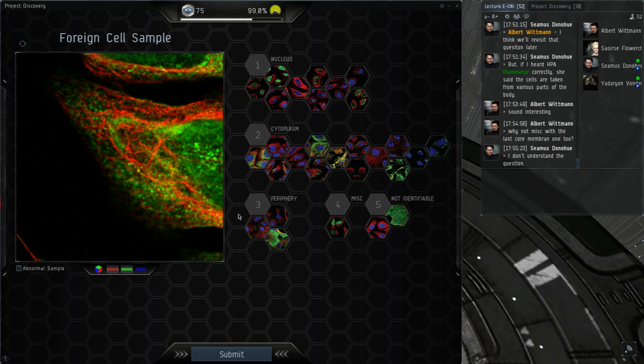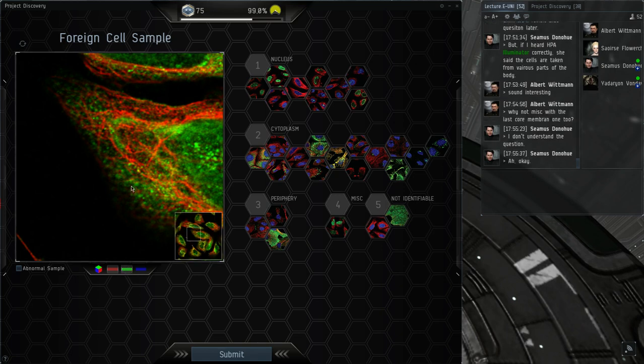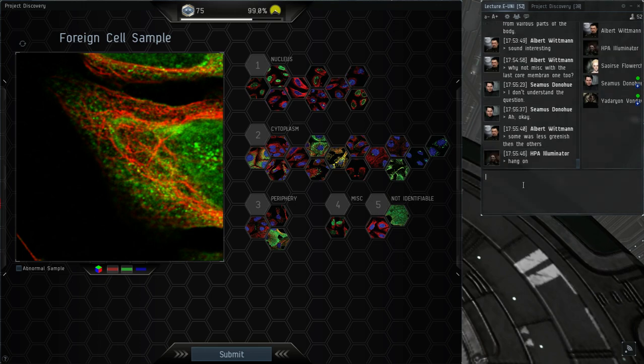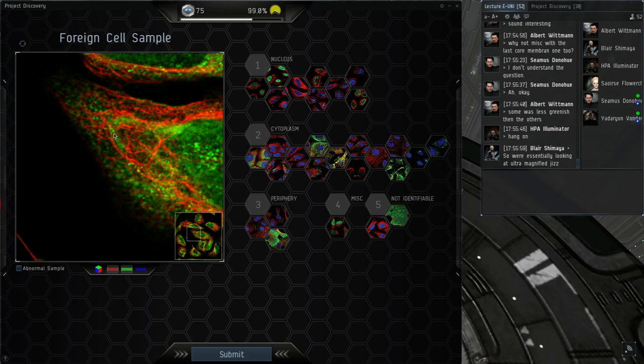And to answer Albert's question of why I didn't go for cell-to-cell variation with the former sample of the nuclear membrane, I would say that I didn't do that because the cells in the upper part of the image were a lot stronger for the nuclear membrane compared to the lower part of the image. So I think that when we imaged it, the focus wasn't perfectly aligned all over the part of the well that we did image.